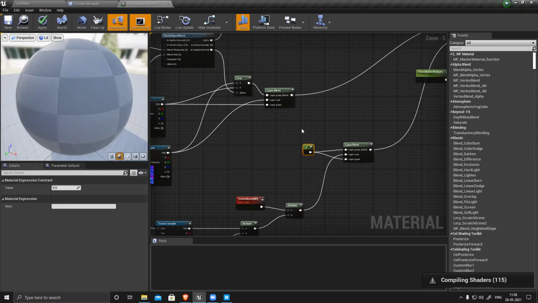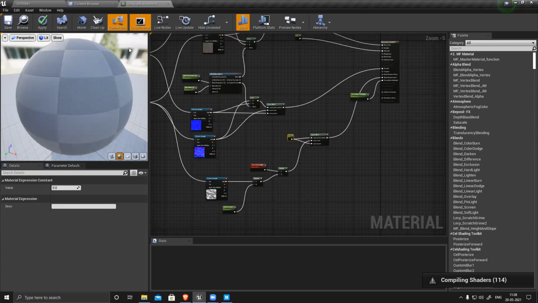Okay. Like wherever rock is visible, only that section will have displacement. Otherwise everything, it won't work. So let's save it. I don't know, suddenly today it's working really slow.